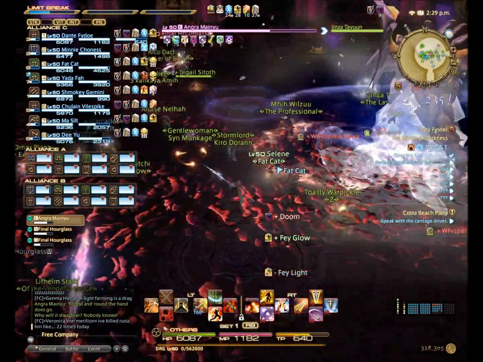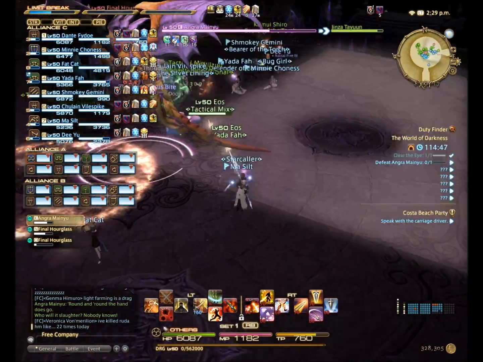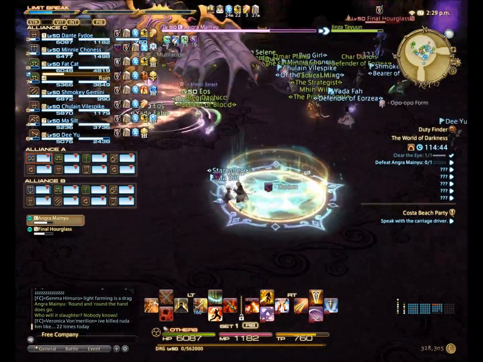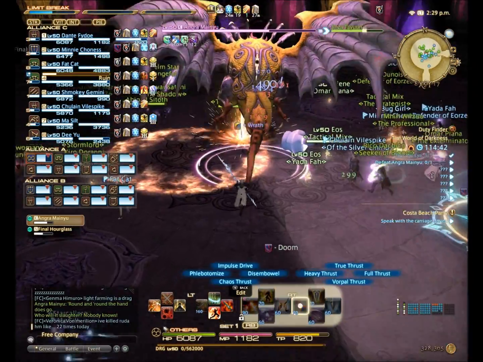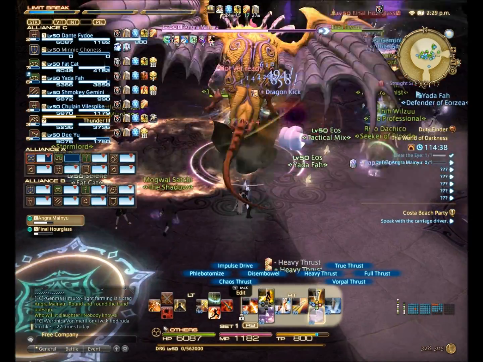Ooh. Okay, alright, so there's another thing. He did Mortal Gaze, so I got hit with Doom, which means I need to find a safe pad, which is right here, and that will get rid of my Doom. Normally when he does Mortal Gaze, you can just look away from him, and that'll also get rid of it. But I didn't see it coming, so...